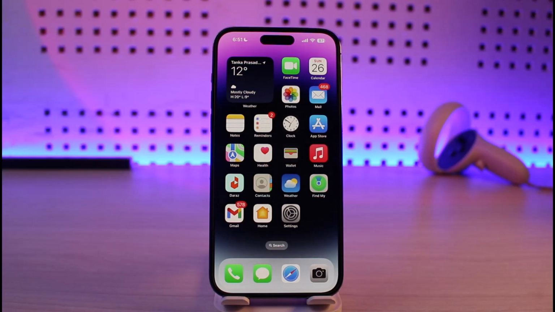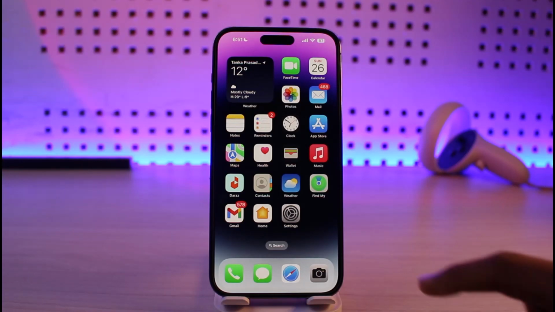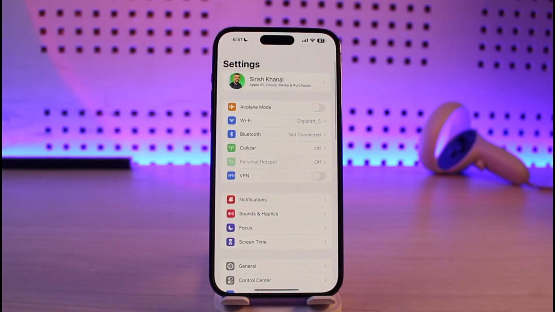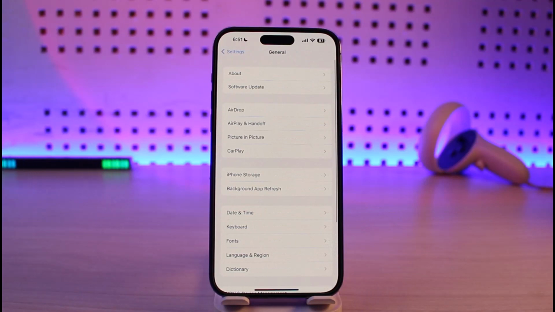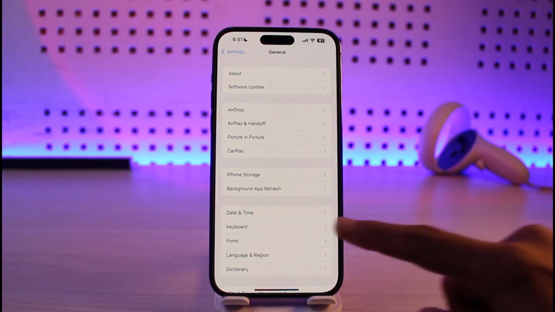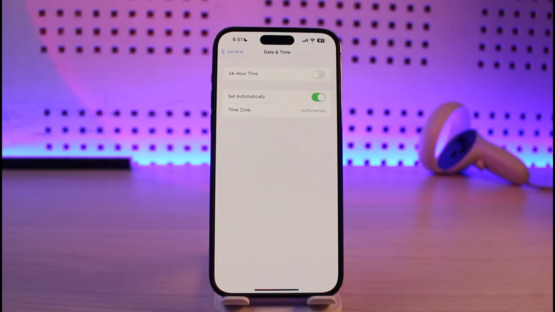In order to change our time zone on iPhone, all you have to do is just go ahead and open up Settings. Then once you open the Settings app, you want to go to the option called General, and then once you go to General, you simply want to go to the tab that says Date & Time, as you can see. So once you go to Date & Time, over here you will find the option called Set Automatically first,